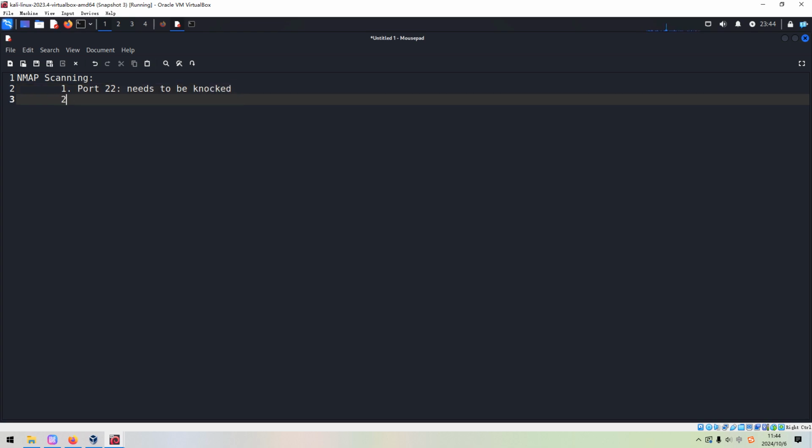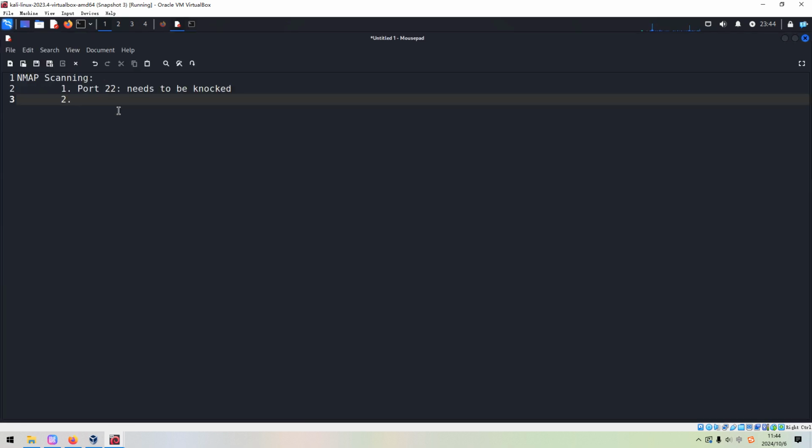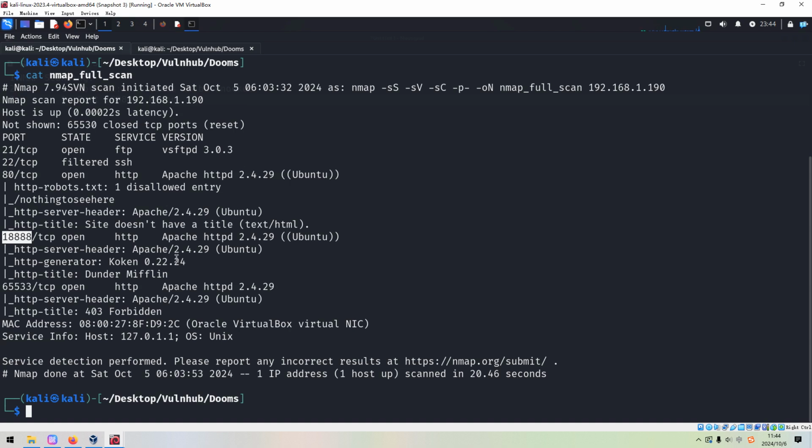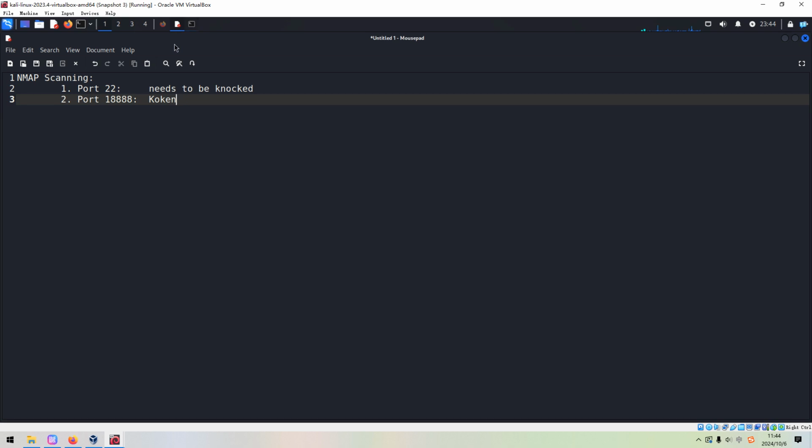Okay, and secondly, this port number is running Koken, even its exact version number, we can copy. Okay.